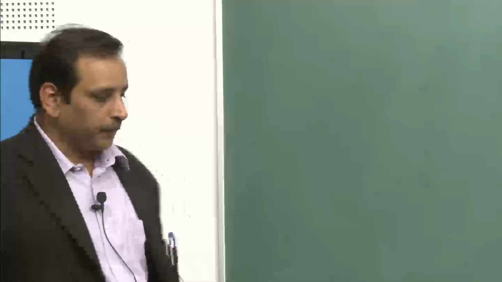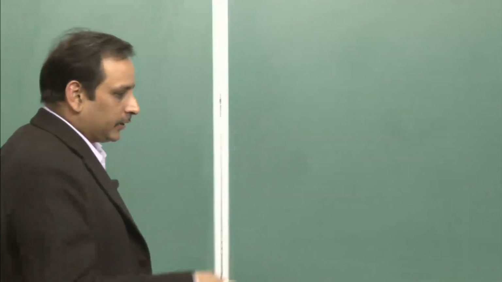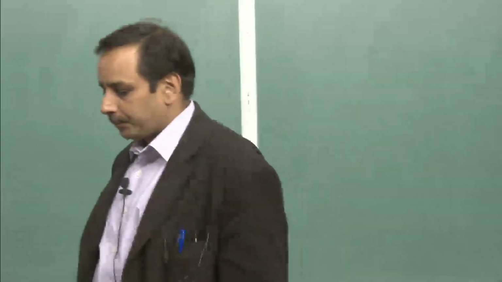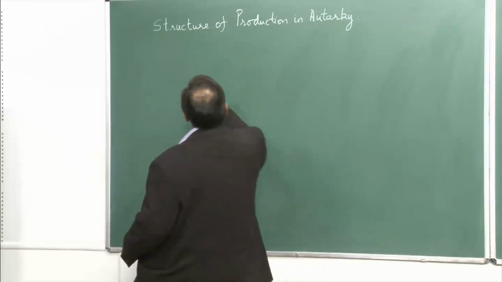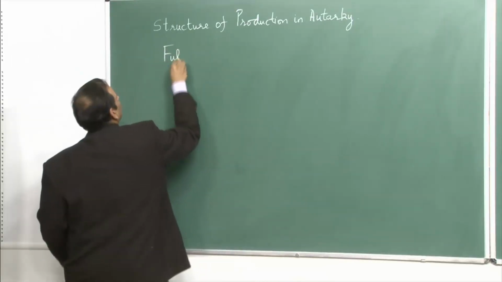So, here the proof is a little long, maybe it will extend to the other lecture tomorrow, but we will start with the very basic model and then we will do the equations of change, and that will finally give us the proof of the Stolper-Samuelson and the Rybczynski theorem. So, then the full employment conditions: